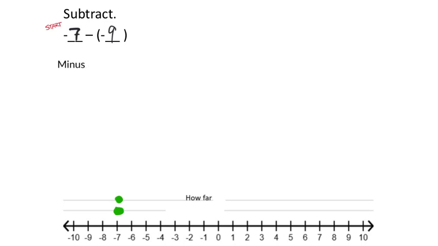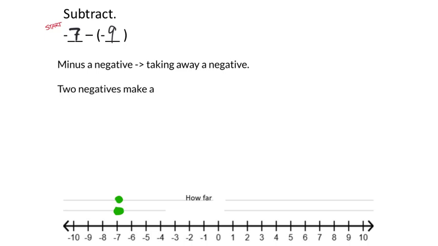Let's see if this helps. Minus a negative is the same as taking away a negative. Sorry, so minus a negative is the same thing as taking away a negative, but like I was saying on the last slide, a lot of students like to say, well, two negatives make a positive. Let's see, there it is again, positive. Okay, so